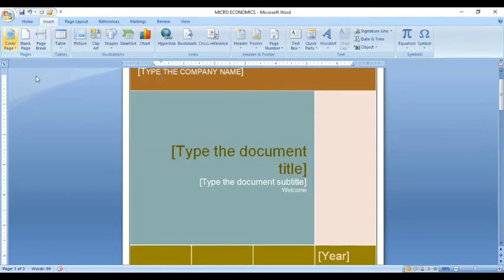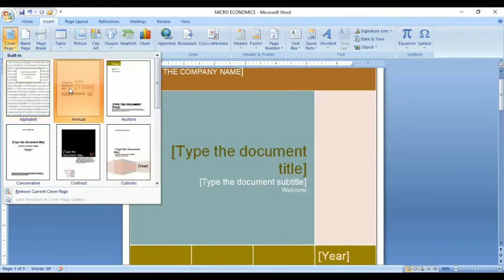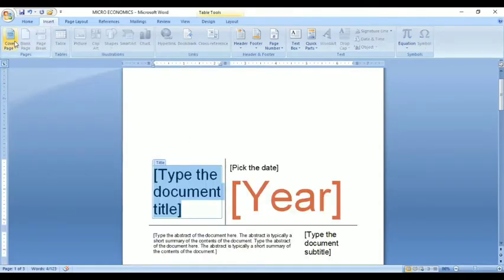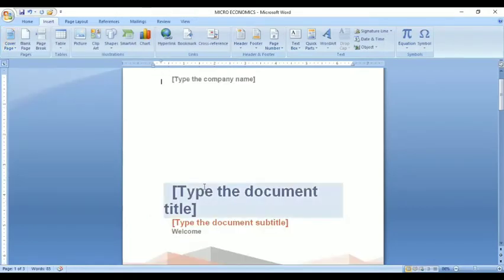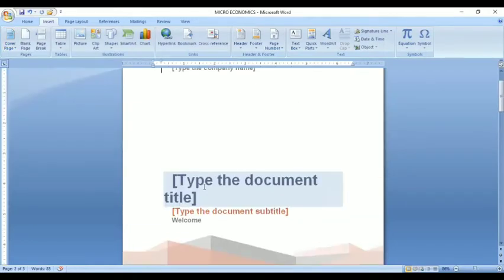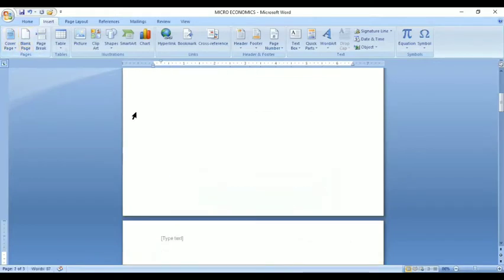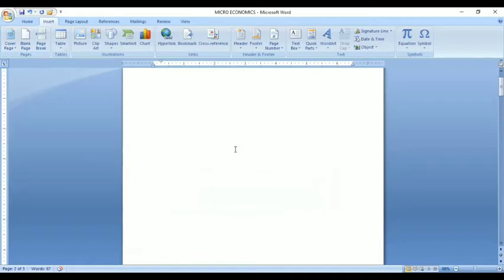That is cover page. See, it can change like this, you can give like this, you can give like this. So it's up to you. That is cover page. Next is blank page. Normally one blank page will open. You saw in Home how to open the blank page, I showed you a blank page will appear. Same thing here, if you click blank page, a blank page will appear.